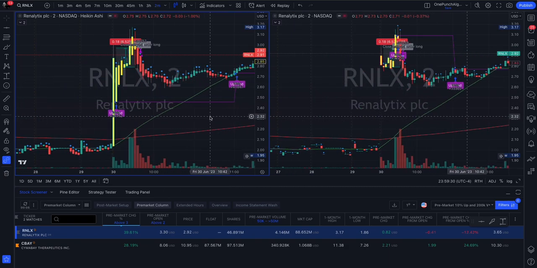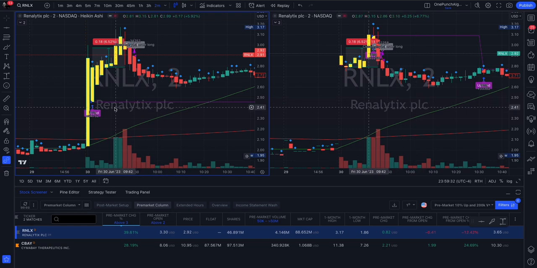So let me explain how you read these signals. In Heikin Ashi, when the OnePunch ALGO shows this signal, it basically means that here is when you get to buy, and you can confirm it from the normal candlestick as well. So let's say you bought it around here with the market order, or maybe a limit order is fine as well, and then